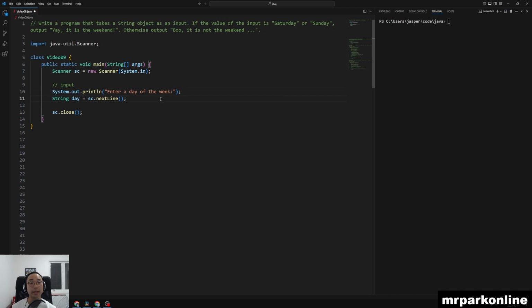Okay, and we have that inputted right there, and then we're going to go into a processing and output. Basically, we want to be saying yay during Saturday or Sunday, so let's check that first. We're going to set up our if statements properly. We have our colon, we have our curly brace to say that our code block starts here, and then we're going to output System.out.println yay,